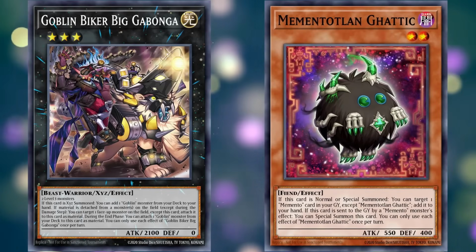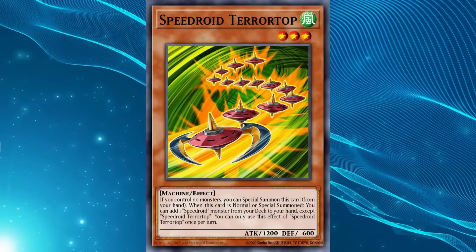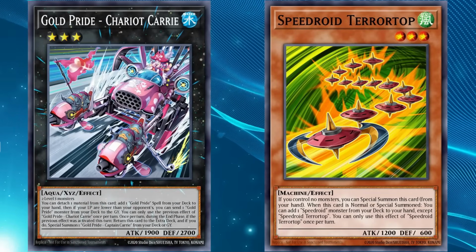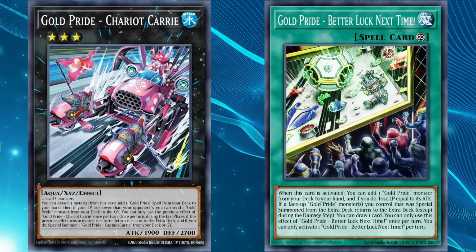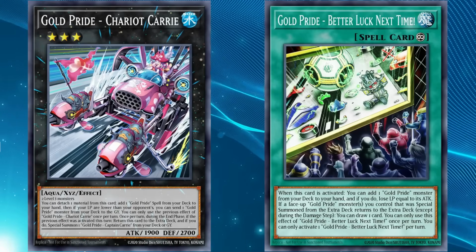But it's not just goblins that get to use their best cards through Terrortop, as there are quite a few other decks that really value Top's ability to find their best cards, with Gold Pride often considering Terrortop due to its ability to make Chariot Carry. Because if you make Chariot Carry, you can detach material to add a Gold Pride spell card from your deck to your hand, with one of the strongest options being Better Luck Next Time, a continuous spell that not only